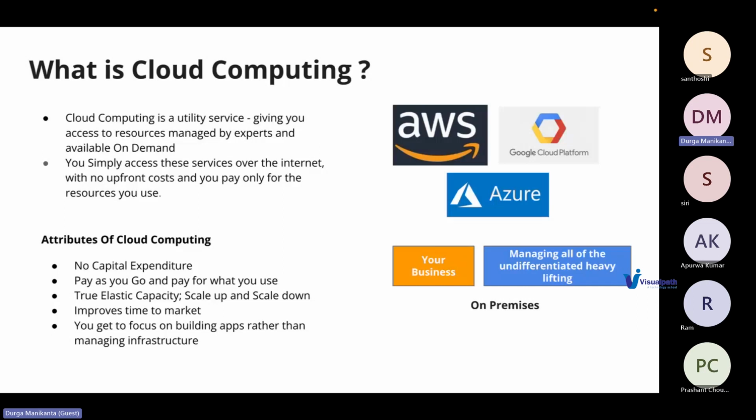So your ultimate goal of launching your product live to get more users will be a bit delayed with on-premises.